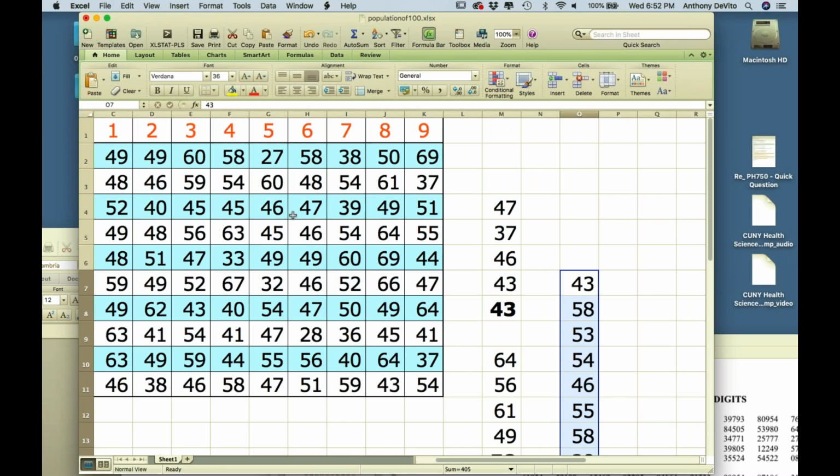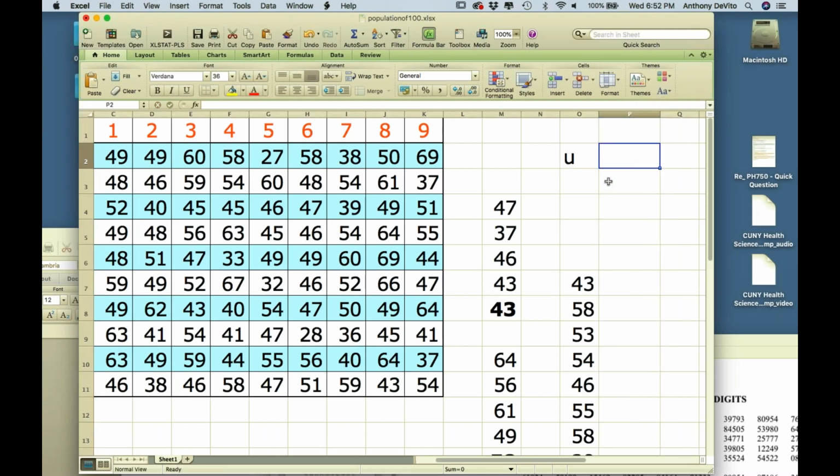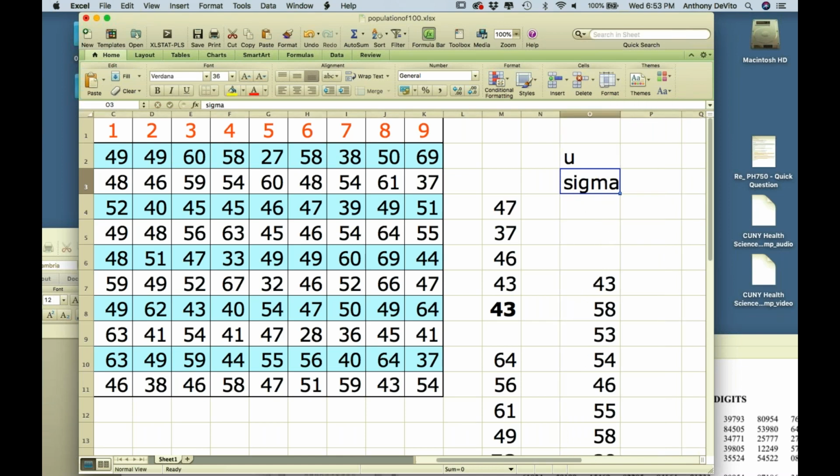So now I'm going to compare these two values. First, I'm going to figure out what mu is equal to, what the population mean is equal to. Well, actually, I'm going to take my sample. I've got mu and sigma, right? Okay, let me make this a little wider here. And I have x bar.